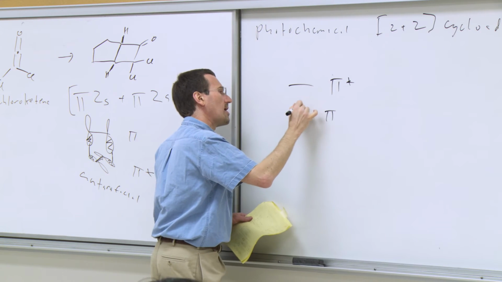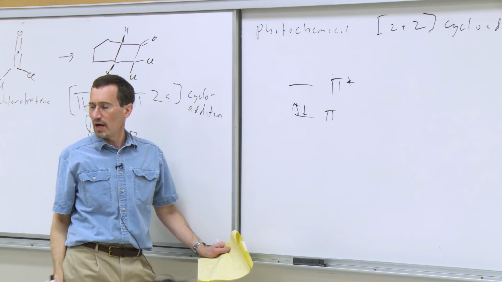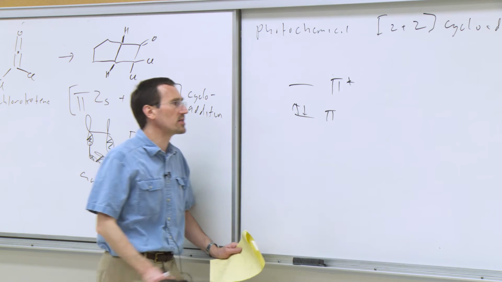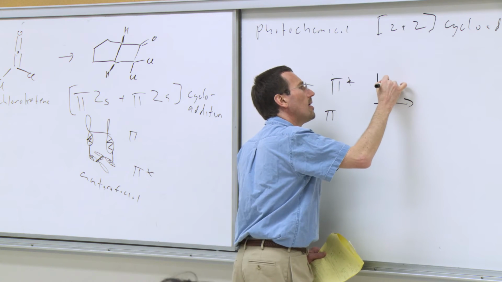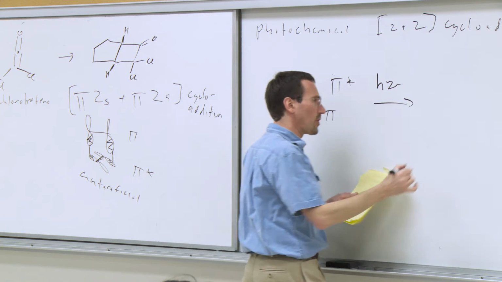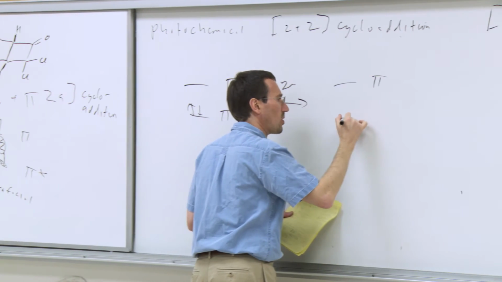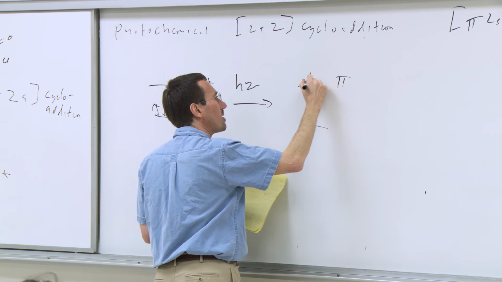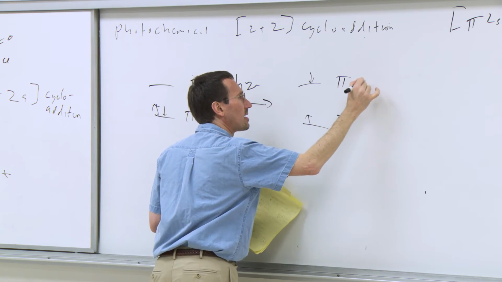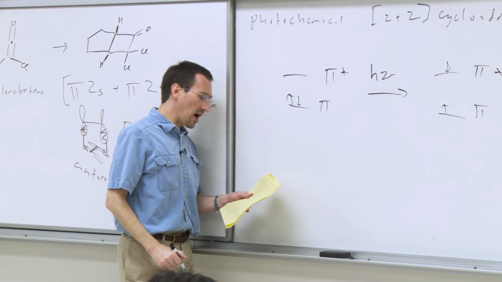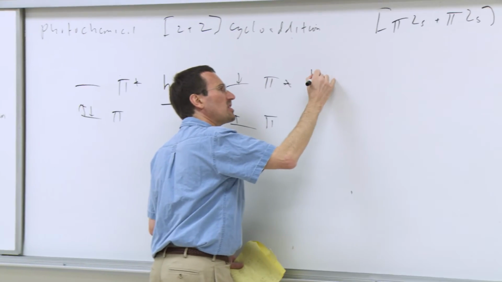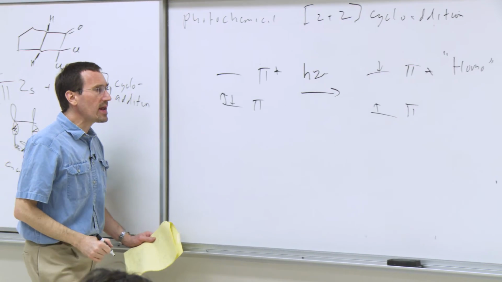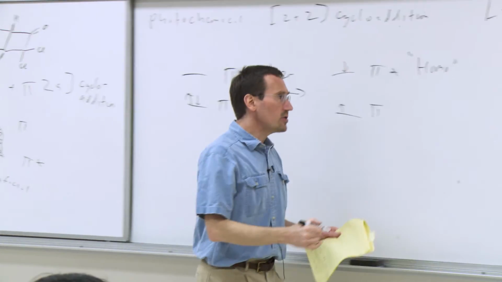But here's our ground state, where we have electrons on the pi and a vacant pi star. In other words, our pi is our HOMO, our pi star is a LUMO, and we shine light of appropriate wavelength to be absorbed. For a simple alkene like ethylene, it would be vacuum UV, below 200 nanometers. You will excite an electron from pi to pi star, and effectively now the pi star becomes the HOMO in the reaction. And so now when you're dealing with overlap, you can think about